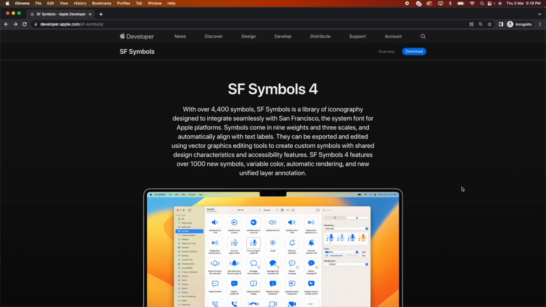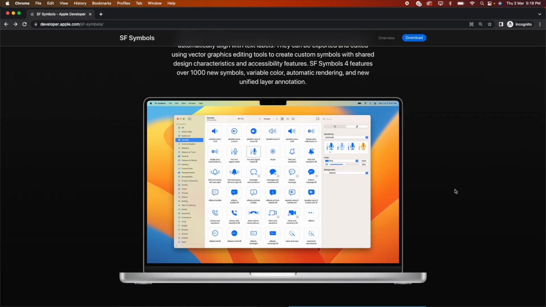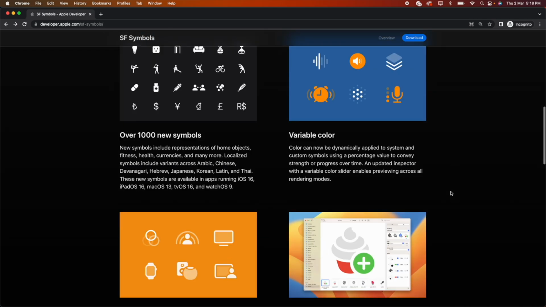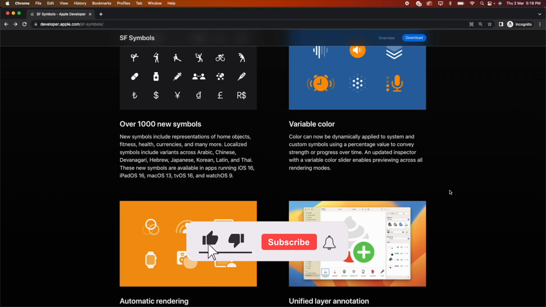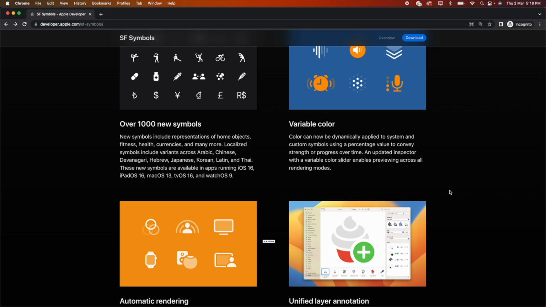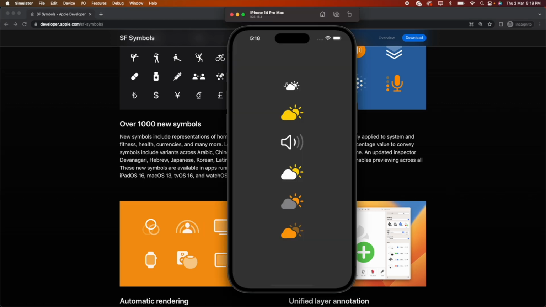Hello, in this video, you'll be learning about SF Symbols 4 and how to make full use of it. You'll learn how to create SF symbols with different sizes, and learn what a variable value and rendering mode are. In this video, you'll be creating this, where you will learn how to create SF symbols with different sizes and learn how to change colors and use variable values, and also use different rendering modes which produce